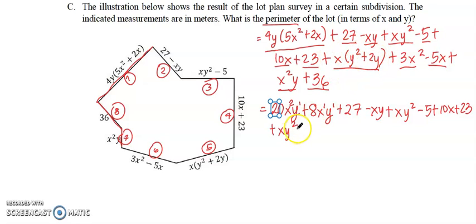And then next, we proceed to the next one. Plus, multiply x and 2y. Multiply the numerical coefficient. 2 times 1, you get 2. Then copy the variables x and y. Copy their exponents, 1 and 1. Then copy the rest of the expression. 3x squared minus 5x plus x squared y plus 36.